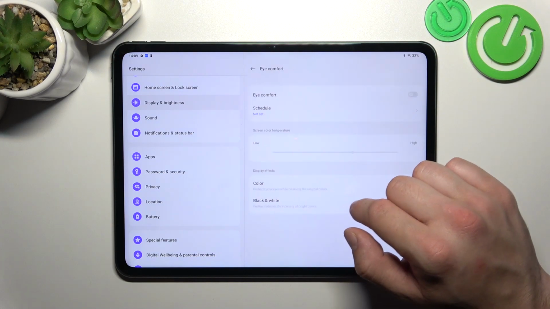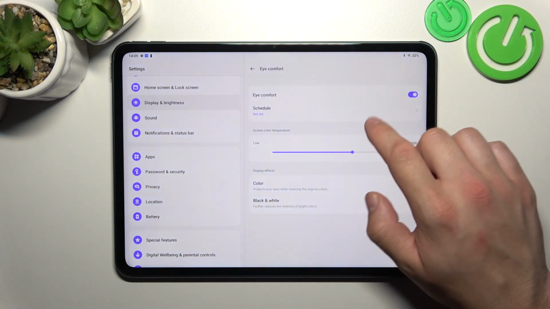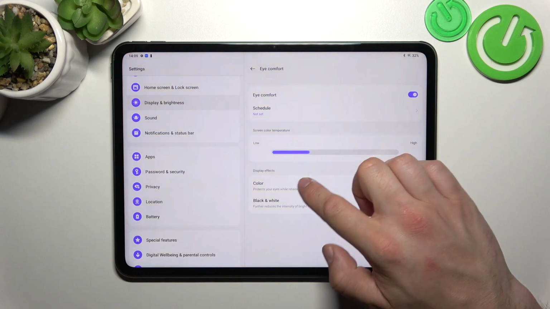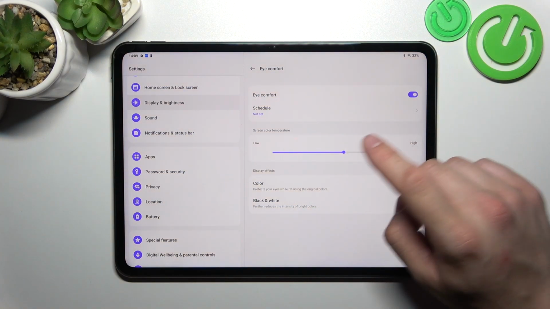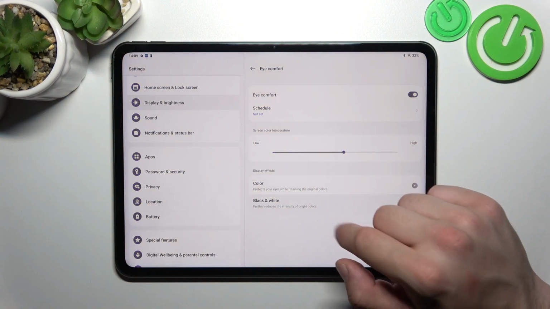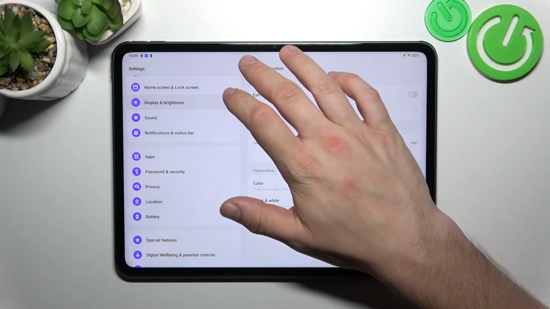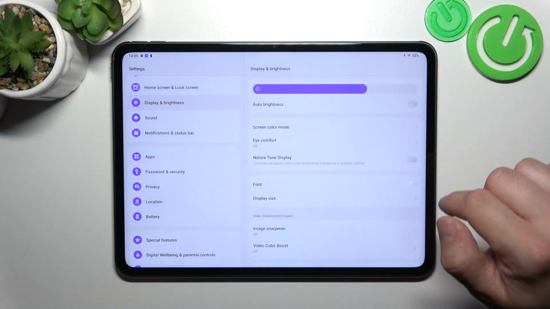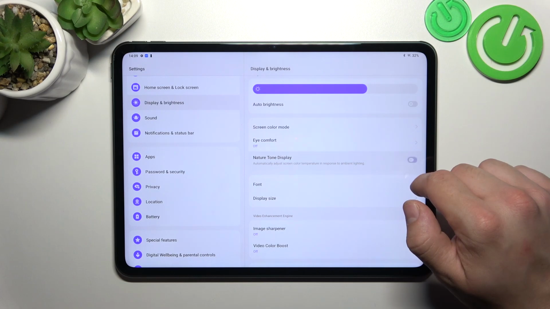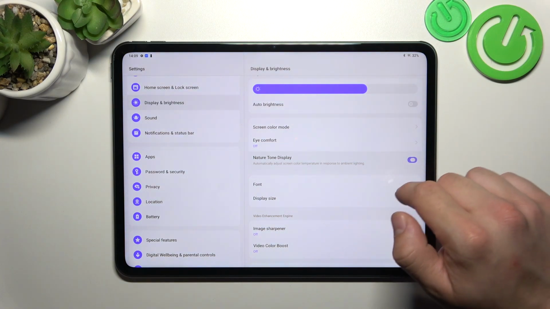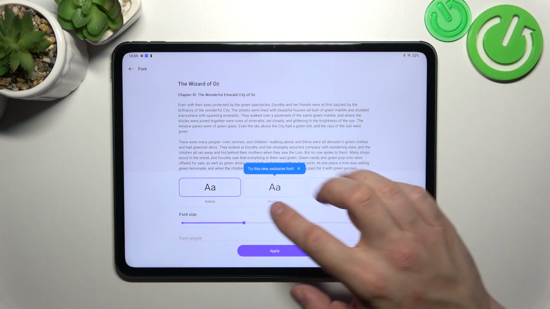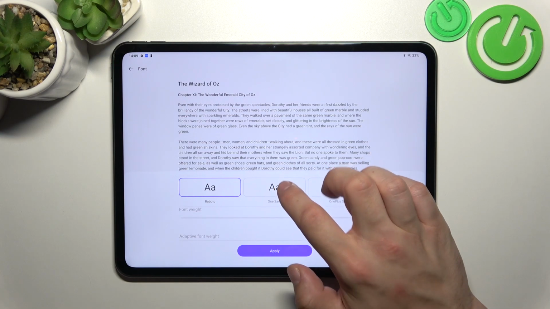And then we can enable or disable eye comfort mode. Also you can schedule it and select its effect between color and black and white. Then we can enable or disable nature true tone display, change font, size, weight and style,